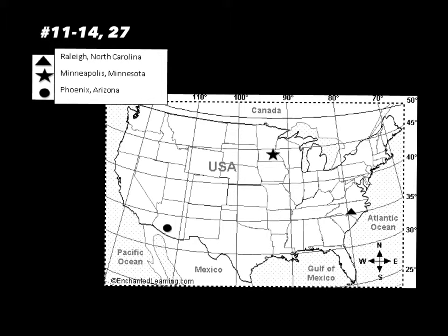So if you're looking at this over here, we have the Atlantic Ocean. And our triangle, which is Raleigh, North Carolina, is actually the closest to a body of water. So remember, when a city is located close to a body of water, its temperature is regulated where it doesn't really get too high, it really doesn't get too low. It kind of stays consistent throughout the entire year. So a city like Raleigh, North Carolina would have pretty much a consistent temperature, wouldn't get too high, wouldn't get too low, unlike cities like